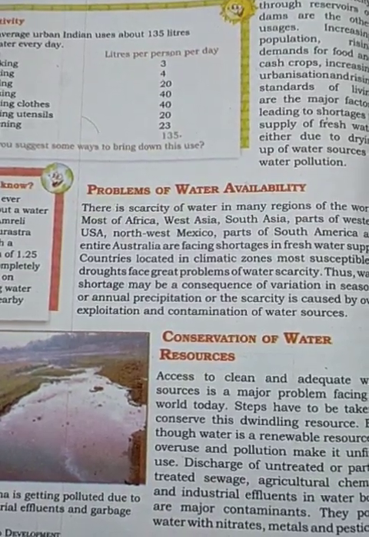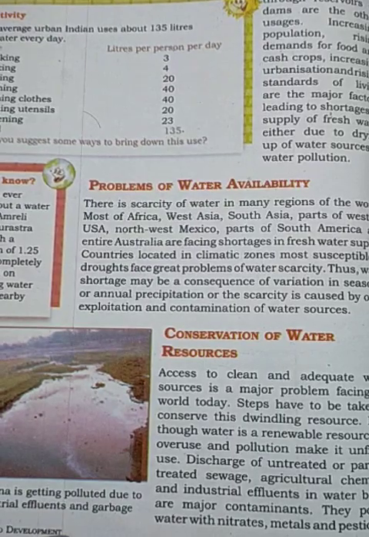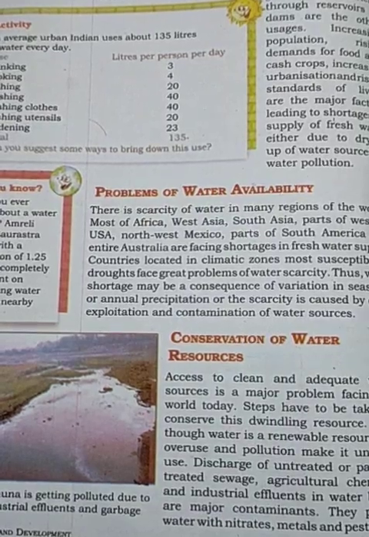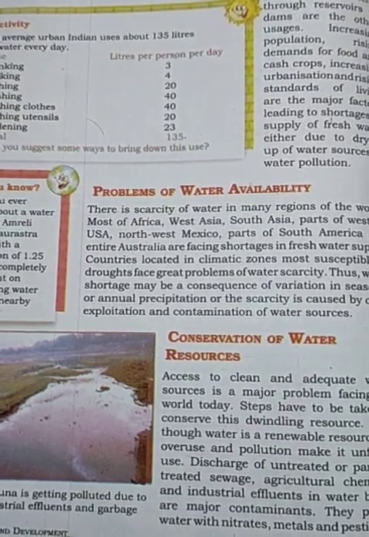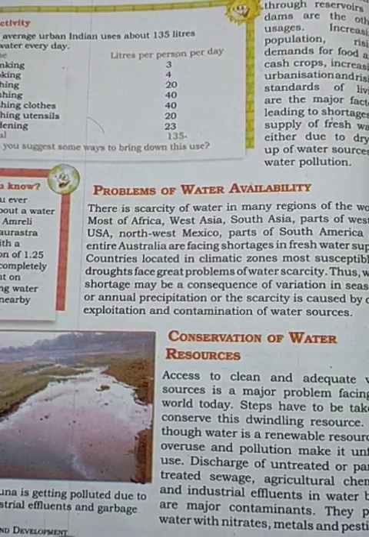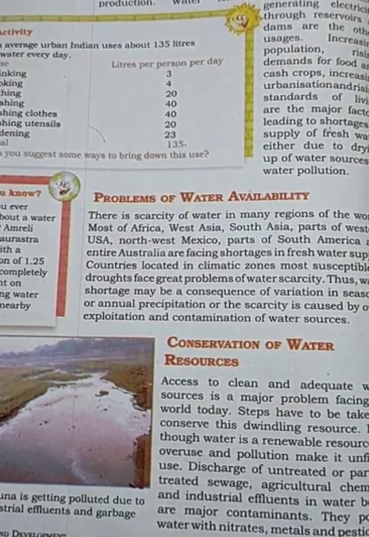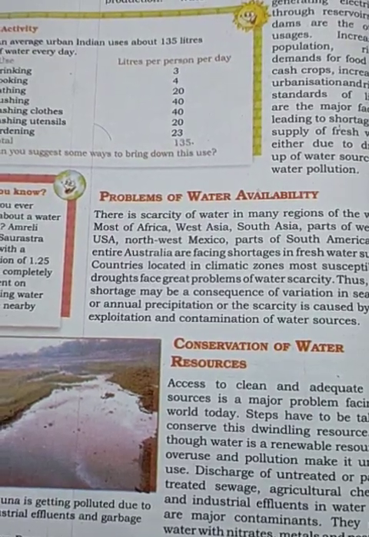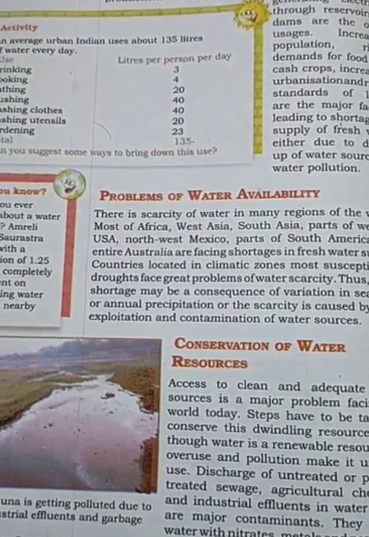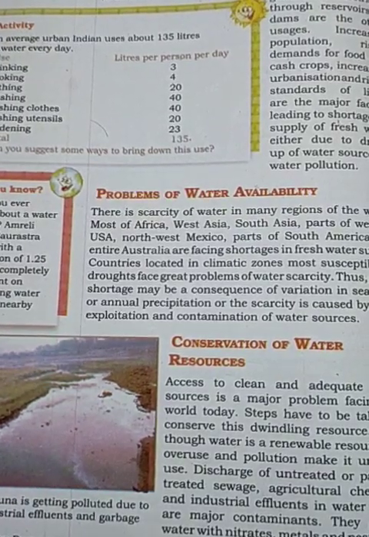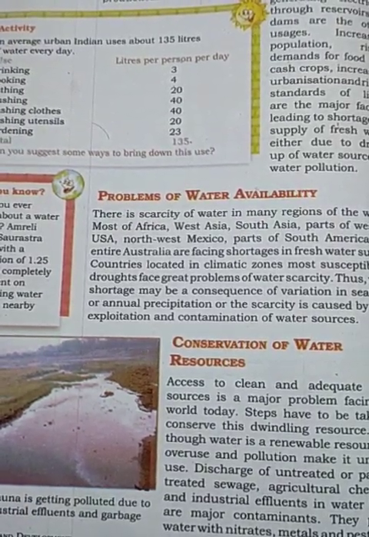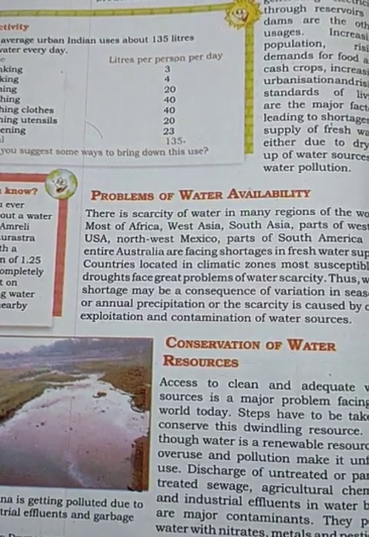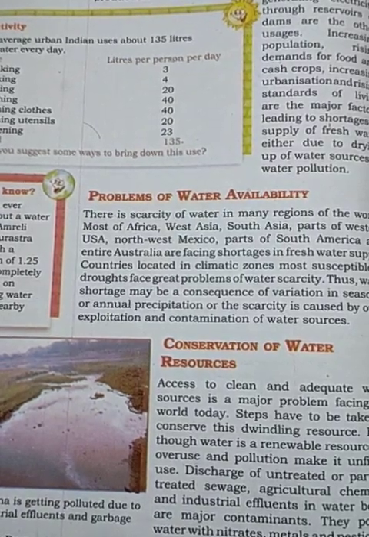Scarcity is all about improper consumption and contamination of water. Water becomes unusable when industries put all their wastage into it, and that water is not usable at all. So scarcity arises for two reasons: improper consumption, we don't consume it properly in the right way, and contamination of water, so that the water already available becomes unusable. Now, what should I do to conserve water? Make polluted water usable again, that is, you have to make the water usable.